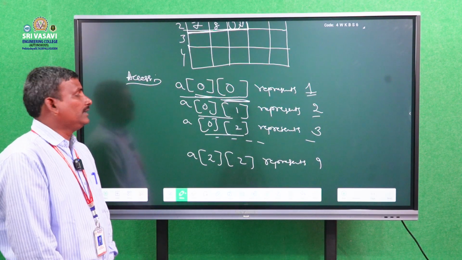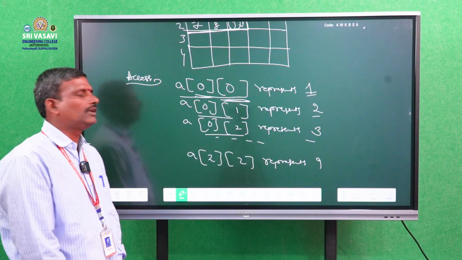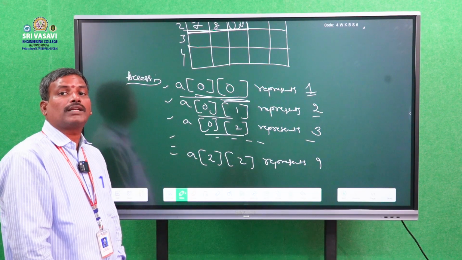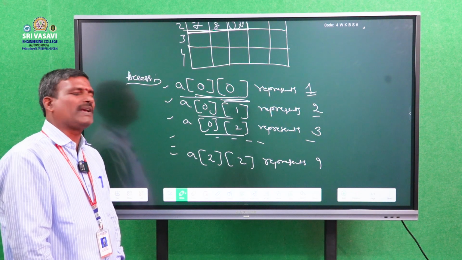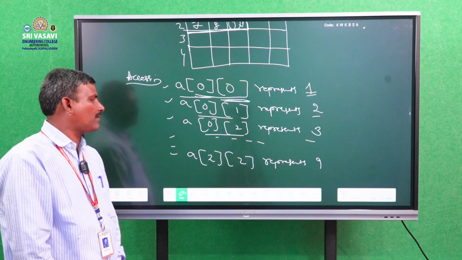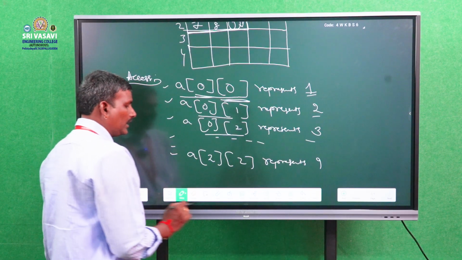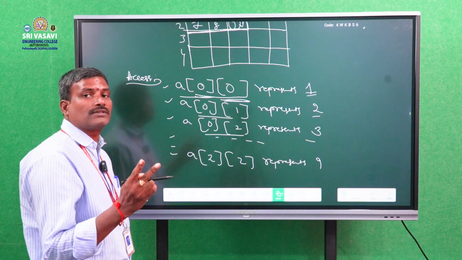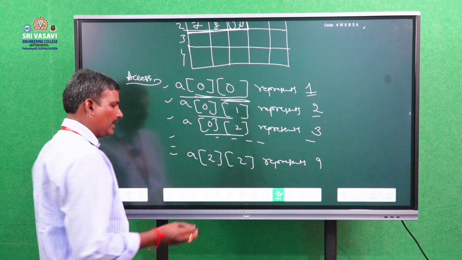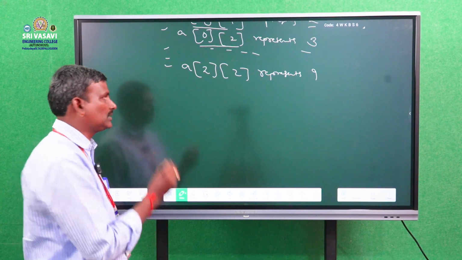Okay, in this way, to display any two-dimensional array on the output screen, we must write this many lines, so that the time complexity is very high and also space complexity is very high. Okay, for reducing the space complexity and the time complexity, we must use the nested loops concept. So I want to use 2 for loops. One for loop is for number of rows and the second for loop is for number of columns. Okay, so I want to write the 2D array using loops like this: